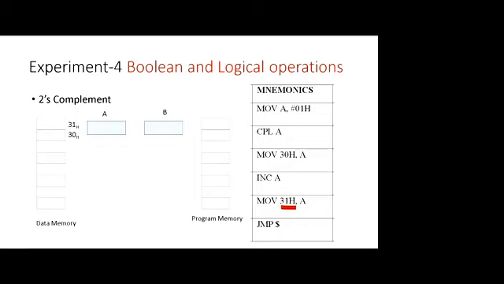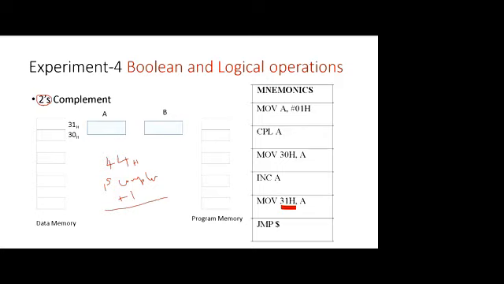Okay. For example, I'm taking some number 44. 44 is the number I'm taking, and this is a hexadecimal number. I want to find out the 2's complement of the number. To do that, there are two steps. It's a two-step process. First one is taking the 1's complement, which you have seen just now, and then you are adding 1 with that. So this is the procedure to find out the 2's complement of the particular number.